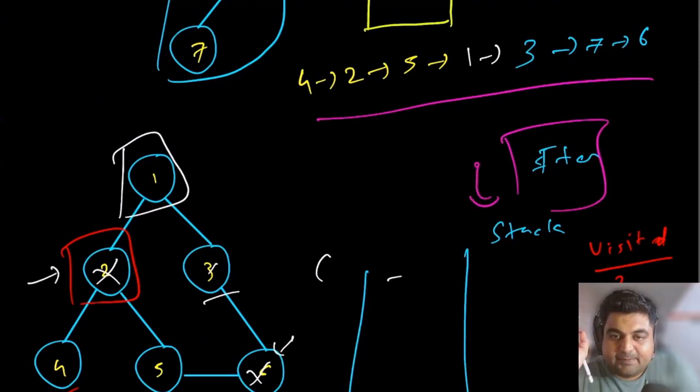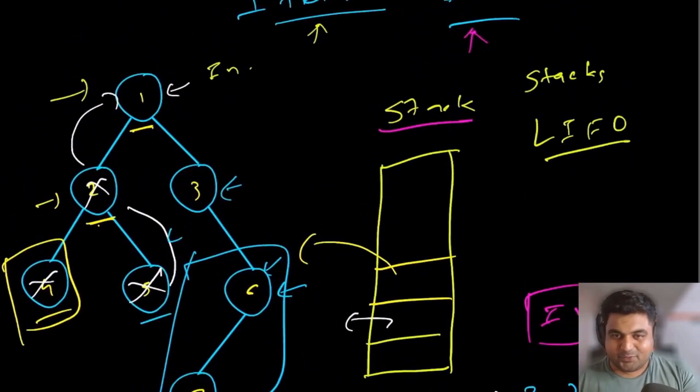So this is a key point to remember. Whenever you have to use DFS iteratively, you must use a stack, because this is the golden rule. And every single interviewer, if you show them a recursive solution, they are going to ask you, hey, can you do it iteratively? If you show them an iterative solution, they are going to ask you to do it recursively. So it's good to know both the methods.